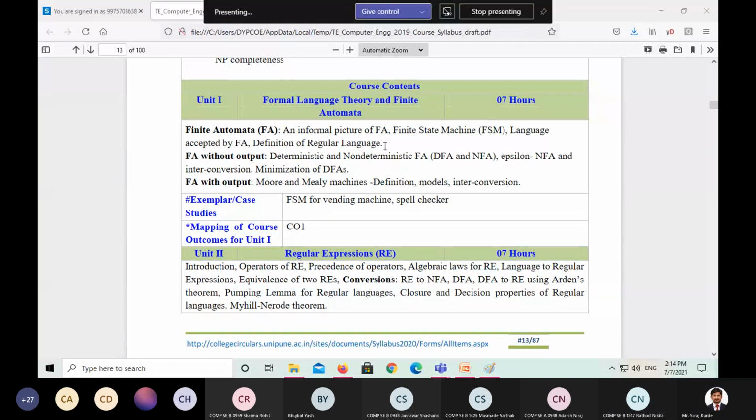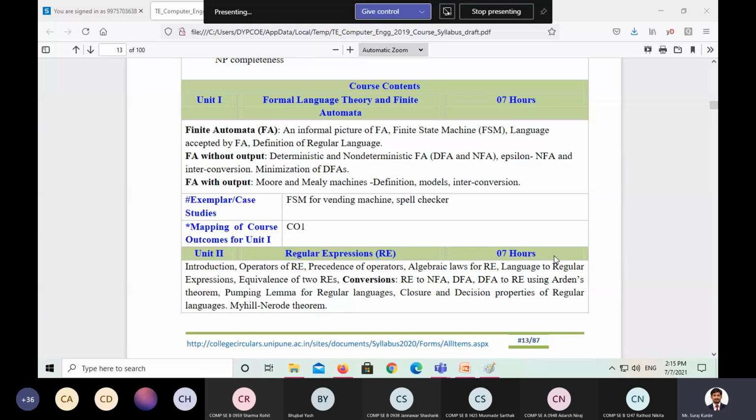Till now, in the first unit, we have seen what is the finite automata, what is alphabet, string, word, then letters. What are the two operators that we are using? Kleene closure and the plus operator. So star and plus. Then we have seen the definition of finite automata, which is represented in terms of tuples. So we have seen the definition of DFA. Then we have seen some examples of DFA, how to construct DFA, how to draw a diagram, transition diagram for a DFA.